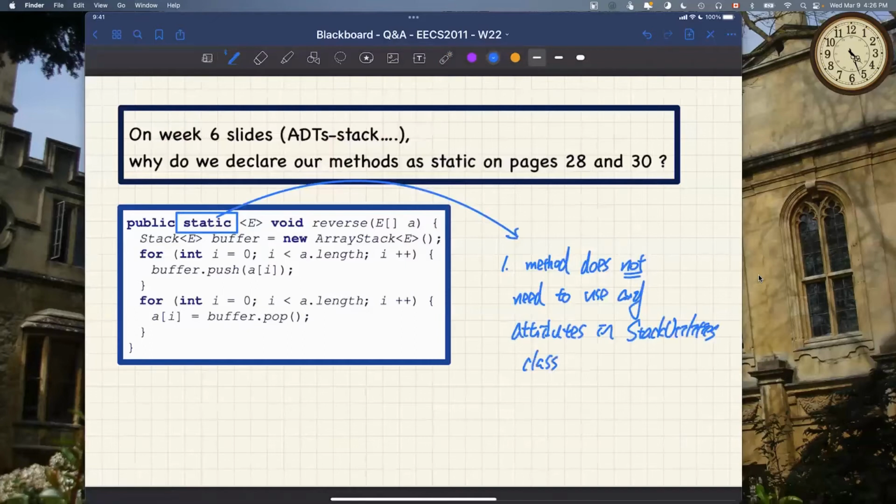Every time you have a method which doesn't really depend on the attributes of the residing class, in that case, you may just want to consider making it static. So every time you make a static method, that simply means the method can just work with its own parameters, in this case, just the array, right? So this method only operates on the parameter, in this case, just the array,